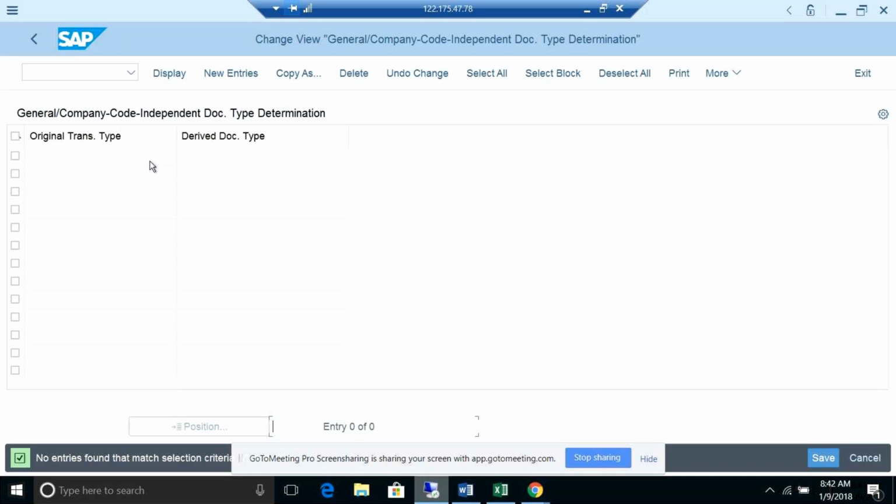If you don't want that, you need not use it; you don't give any configuration here. But if you really wanted to track, that will be easier. For example, my accounting principle, I have 100 documents. What are the entries posted only for my accounting principle IFRS? Then I can track it.